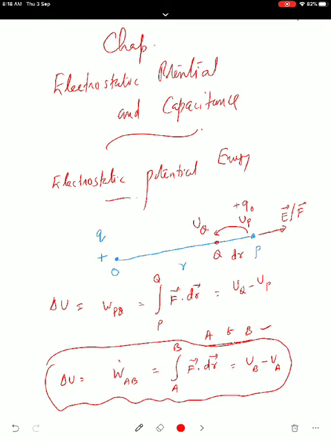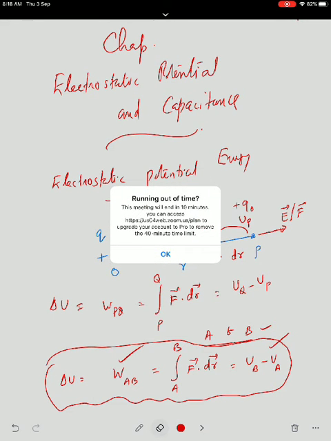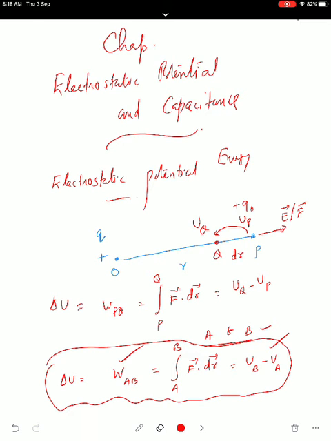So it is the work done. Work done to take a charge from one point to the other point is obtained by integral F vector dot dr vector. You know the total work done, dot product F vector dot dr vector from A to B. This is defined as potential energy difference, final point minus initial point. In this situation, suppose I am taking the point A or P to infinity. The point A is going to infinity. Generally I am marking it as the points A and B for easy calculations.